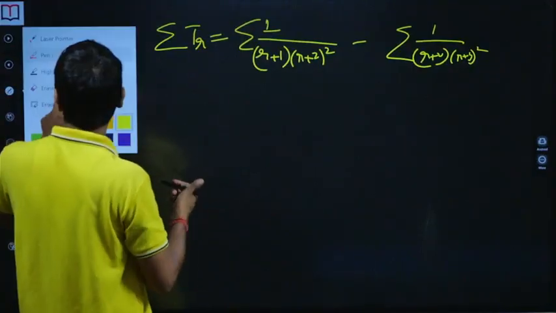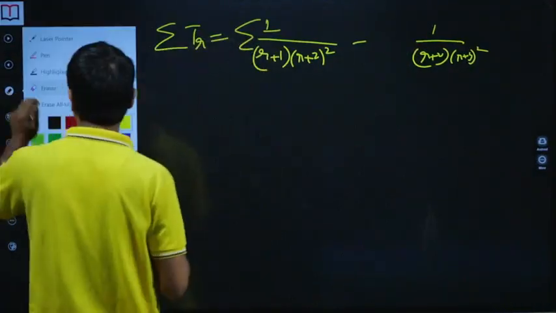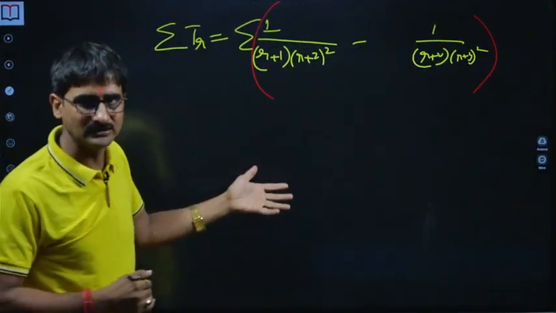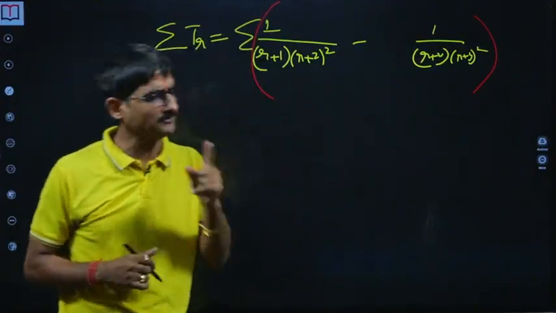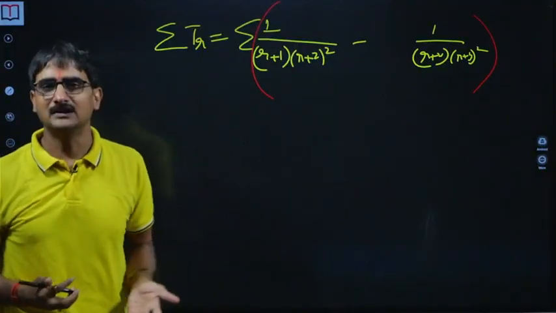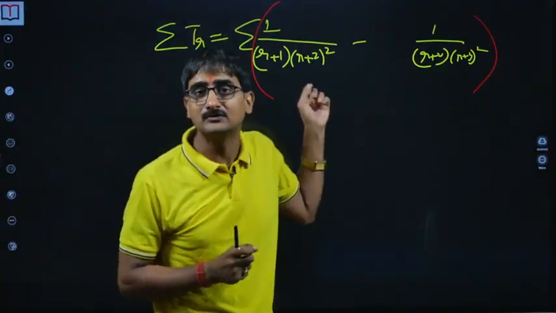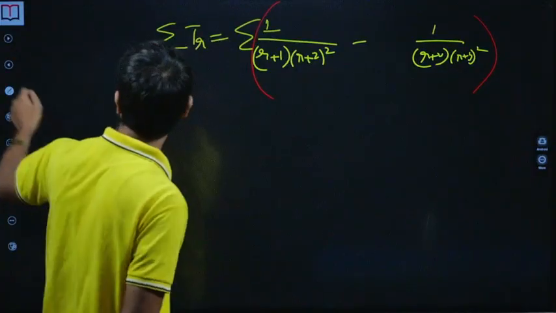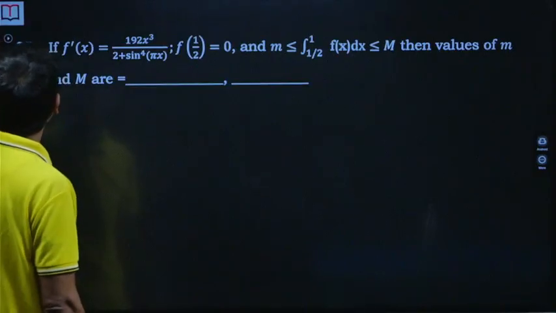Of course we don't need to put the summation because now we'll be putting the values of r, and then alternate terms will get cancelled. You will be left with only one term in the beginning, and one term with opposite sign at the last. Why? Because we could write it as a difference of two consecutive terms. The rest you can easily complete. But moving to the next question.